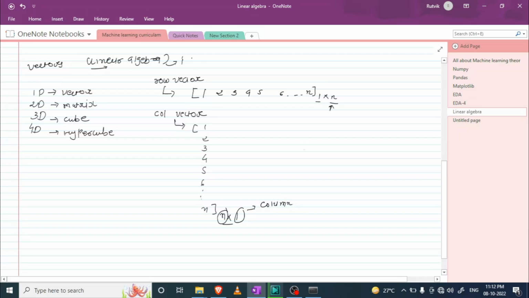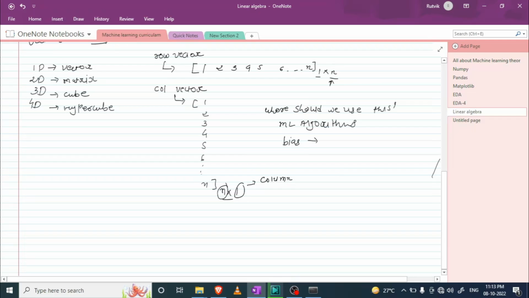After that, where should we use this? Whenever you are learning machine learning algorithms, at that time you will use this. You will use this to represent a bias. If you have any confusion about what a bias is, what weights are and so on,